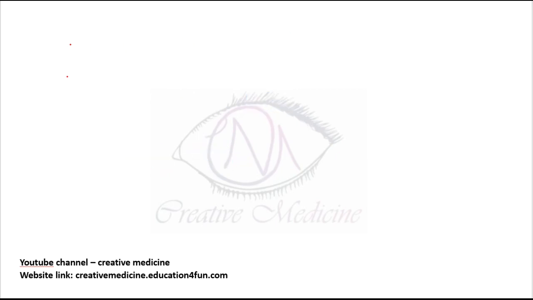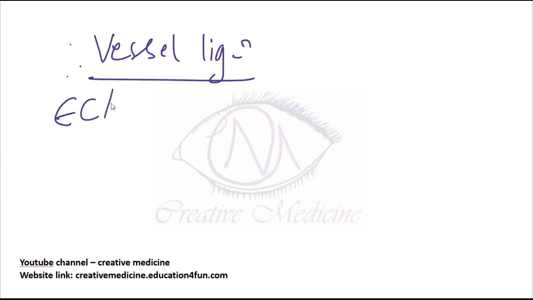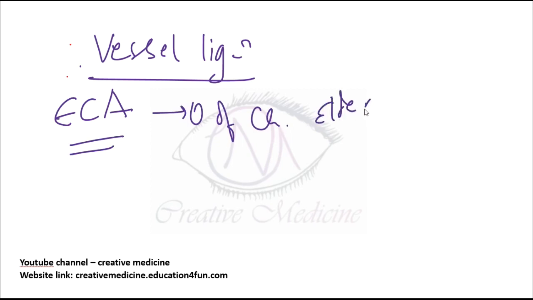Then vessel ligation. If anterior nasal packing and posterior nasal packing do not work, then one more thing can be done, which is called vessel ligation. In vessel ligation, first we can do external carotid artery ligation. External carotid artery ligation is actually the operation of choice in elderly and debilitated patients who have anterior epistaxis. It is mainly indicated if the bleeding is from the external carotid artery and all the other measures have failed, that is, it is the last resort.